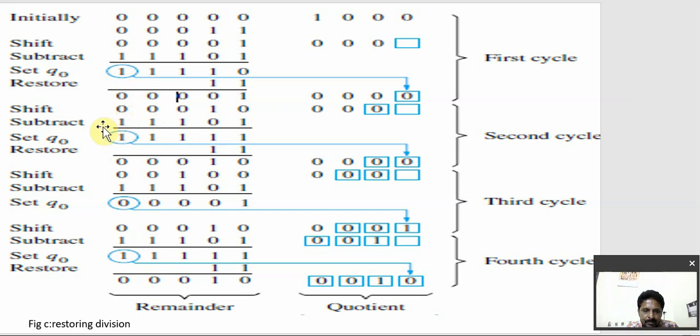Again the second cycle, shift the values left and subtract M, set Q naught, the same value we are getting 1 here, and the same fashion whatever we have done here, we are following here. Coming to the next one, here the sign bit is also 1. So shift the bits left, subtract the value and set the Q naught value. So here the third cycle is over. Next shift, subtract, Q naught to 0. The same value we are going to perform here also. So in this fashion we will restore the division. Like this we are going to perform the restoring division.